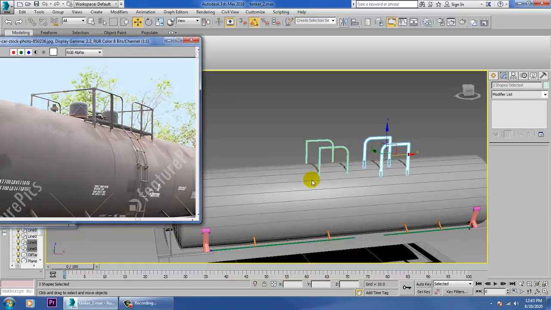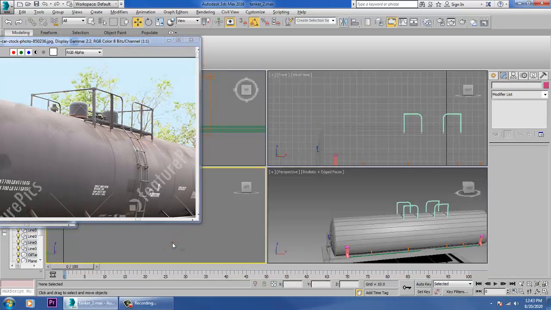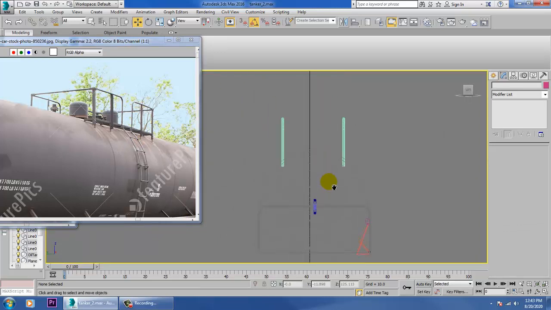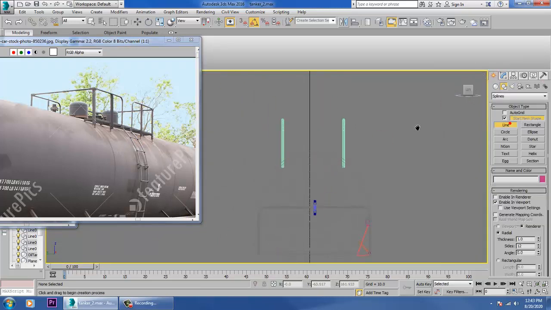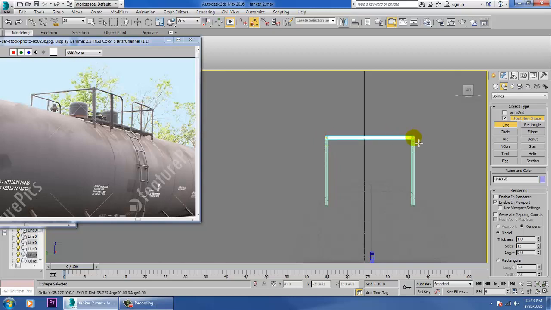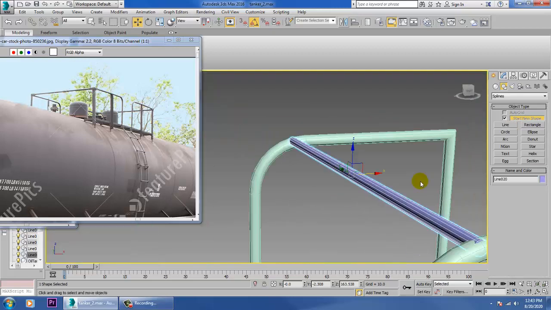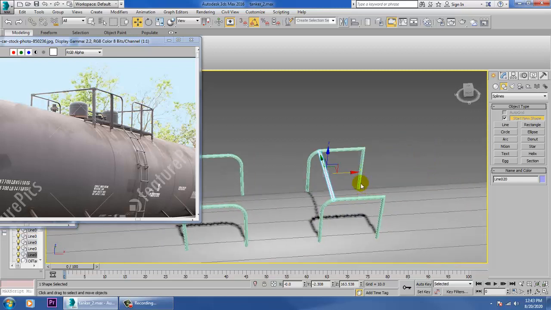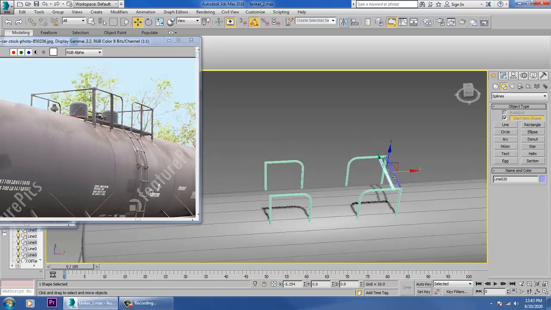So let's go on to this view and let's take a line over here. Press shift and drag over here.